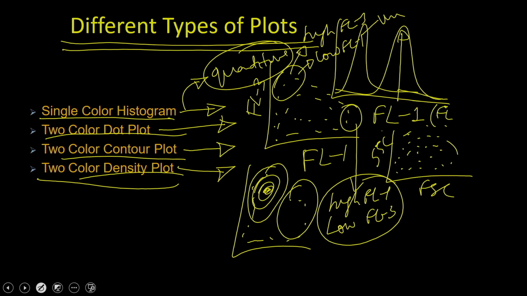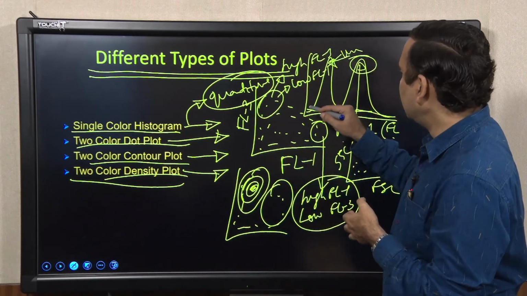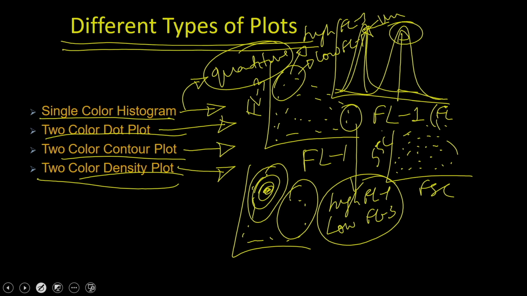So, it is actually going to tell you what is the level of this fluorescence compared to this. So, it is actually going to give you the quantitative or the semi-quantitative information. Also, it is going to tell you the distribution of the samples within this particular histogram plot, but it is